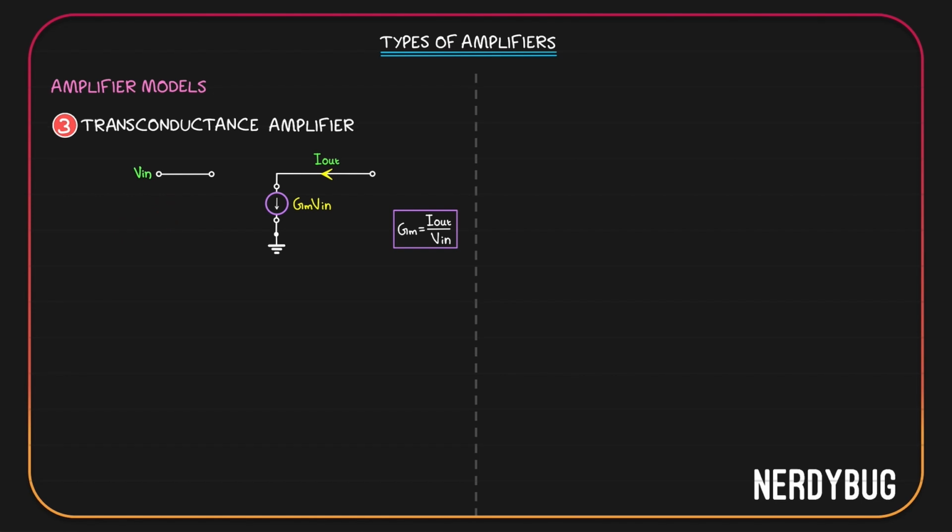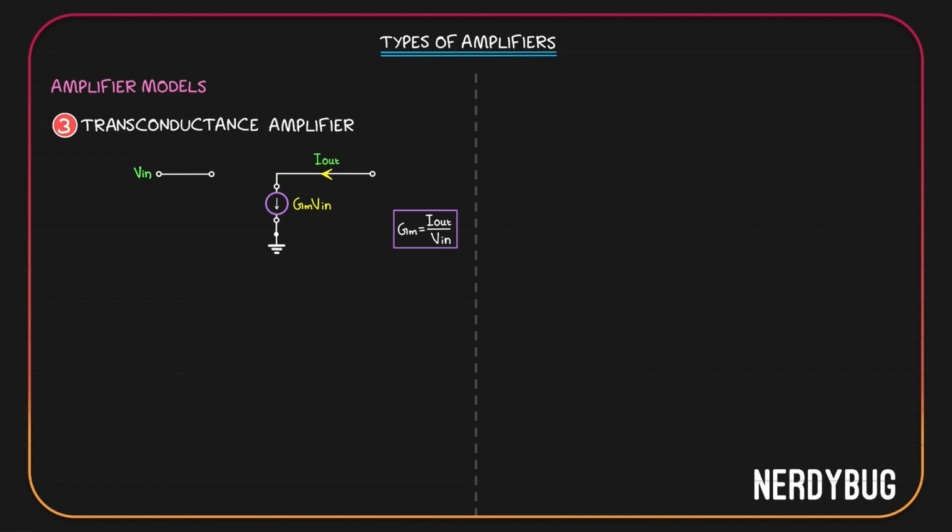Let's check whether this has infinite output impedance. For that, first thing we do is shut down the input. Vin becomes 0, which means Gm Vin becomes 0, which means current flowing through here is 0. So if we apply a potential Vx over here and try to find its relation with the current that flows over here, current will be 0. That means if you take Vx by Ix, you will get infinite value. Output impedance is also infinite.